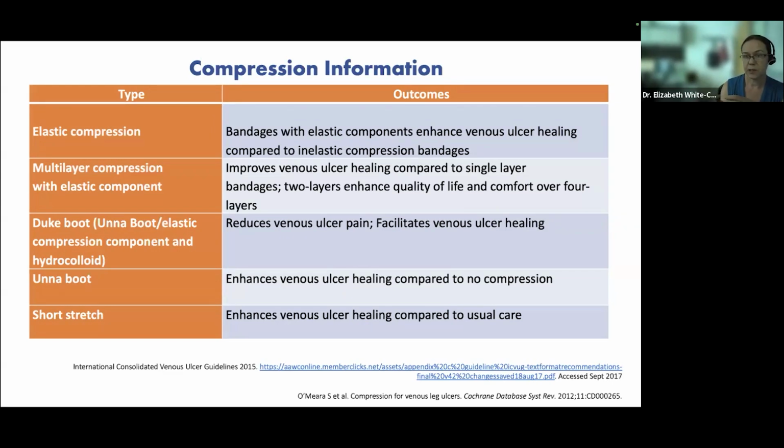That is an inelastic compression. And then if we look at the multi-layer or multi-component compression, where there's some really long stretch or short stretch, and that literally means what I just said. You pick up the bandage, how far can you stretch it? When we look at the multi-component compression versus a completely inelastic system, the multi-component is more effective. That doesn't mean the inelastic doesn't work. If that's what your system can afford and can do, that's great, because some is better than none. But the multi-component is more effective, and the 2-layer and the 4-layer are equal. One is not inferior to the other.